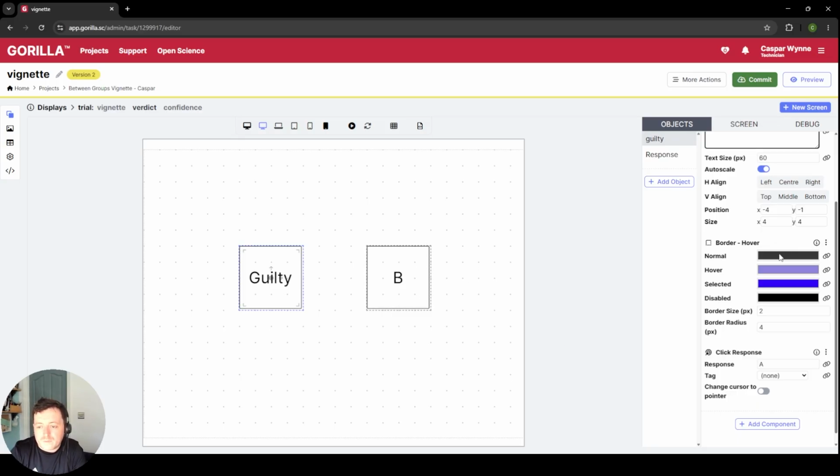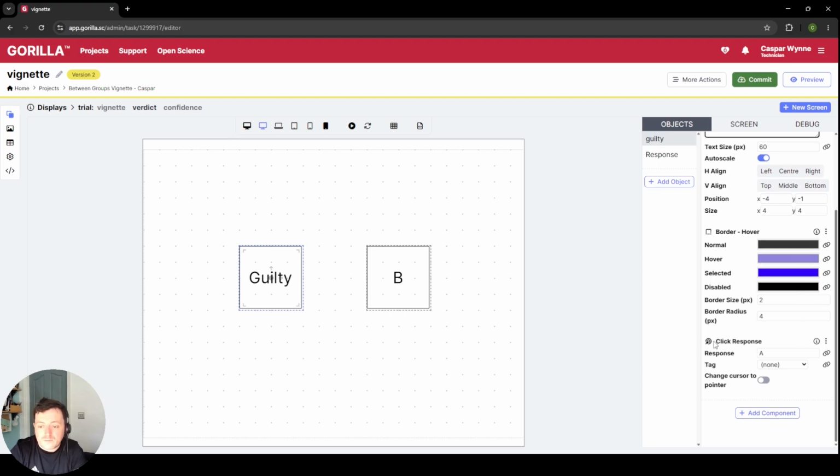So normally, it's black. When you hover over it, it goes to a weird little pale blue color. If you click on it, then it turns bright blue, and if it's disabled, then it will turn black. You can also link these to the spreadsheets or variables or anything like that, so you can really customize these tools. It also has a third component called the click response component, and this basically means what do you do